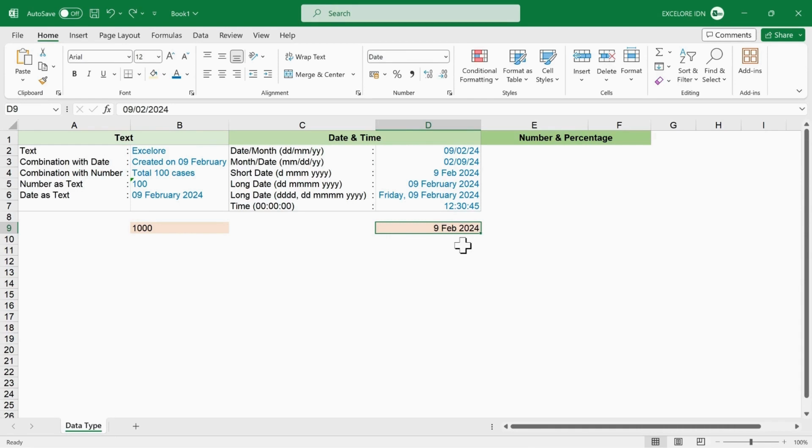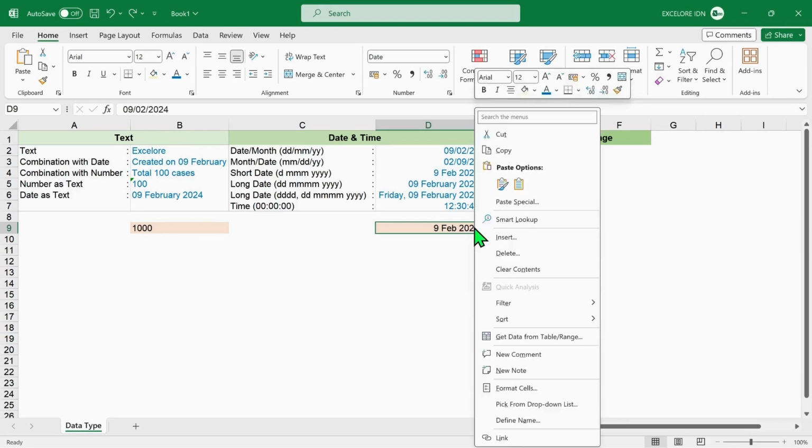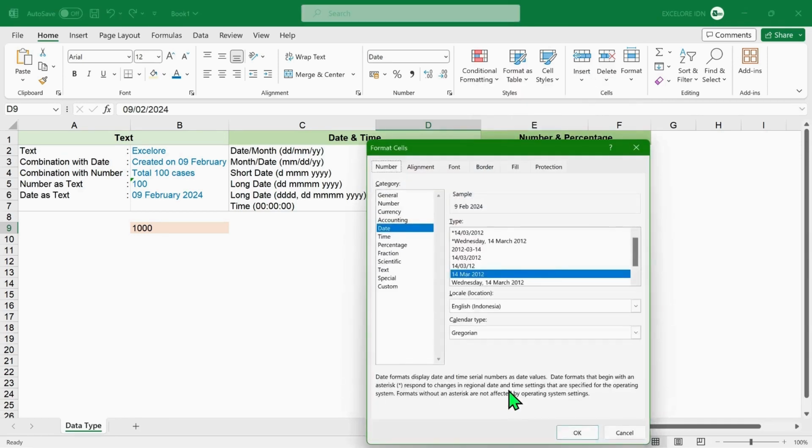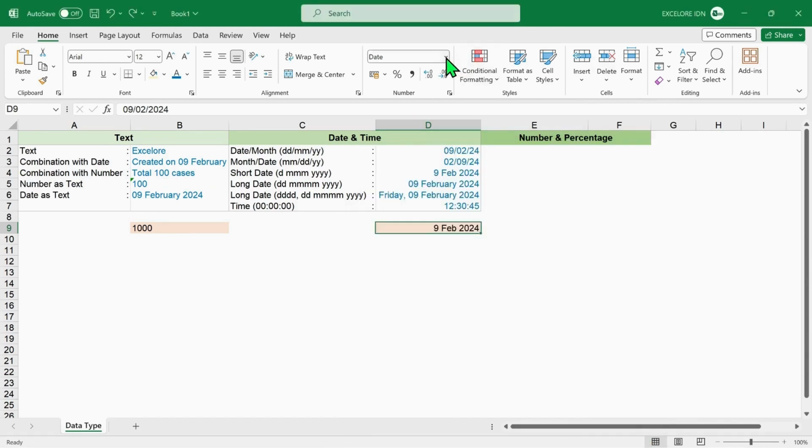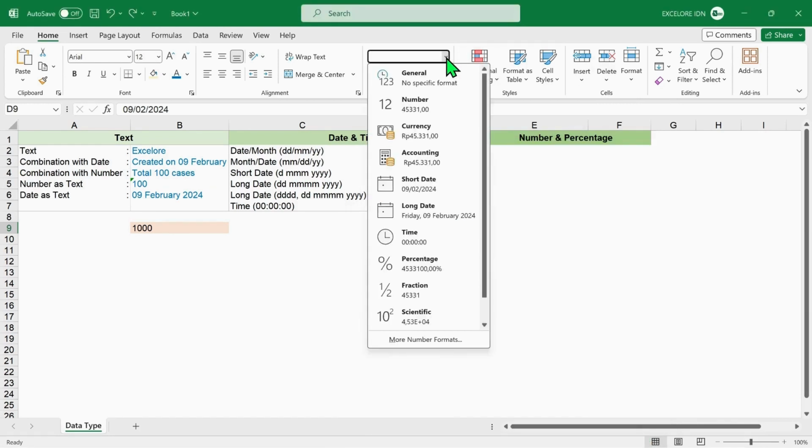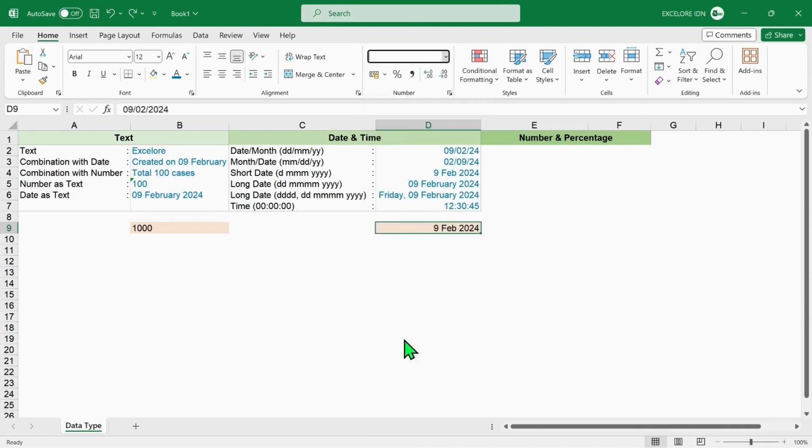Similar to text, the display format of date and time, number, and percentage can be customized using the Format Cells box. There are multiple ways to access this option. The first method involves right-clicking on a cell and selecting Format Cells from the dialog box, followed by navigating to the Number tab. The second way is to click on the Format option through this small window and explore various available options and click on More Number Formats for more options.